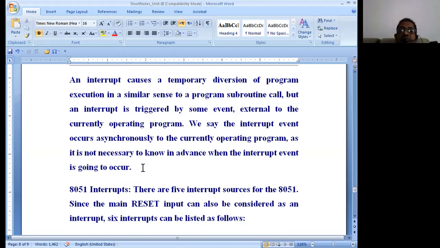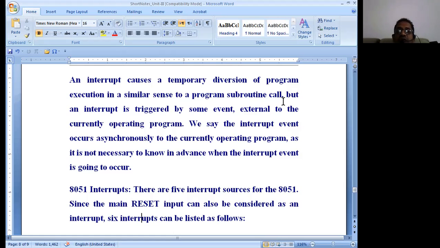Another type of jumping, or taking the control from one location to another, is the interrupt kind of instruction. An interrupt is also a kind of call instruction. An interrupt causes a temporary diversion of the program execution in a similar sense to a subroutine call.